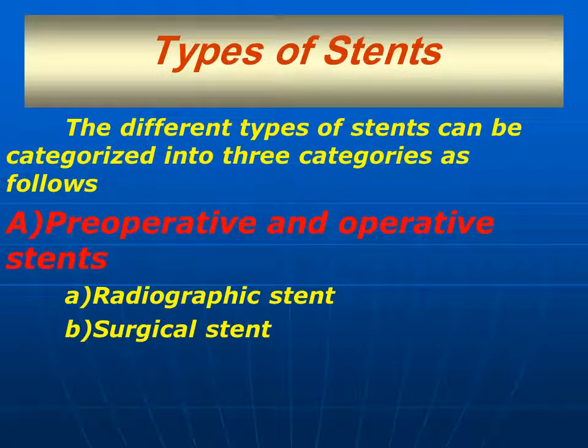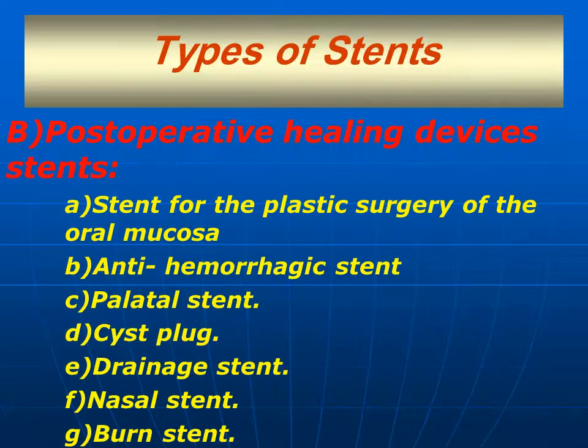Types of stents. The different types of stents can be categorized into three main categories. The first category is called preoperative and operative stents, which includes two types: radiographic stent and surgical stent. The second group is called post-operative healing device stents,